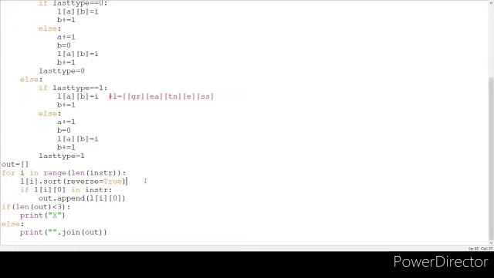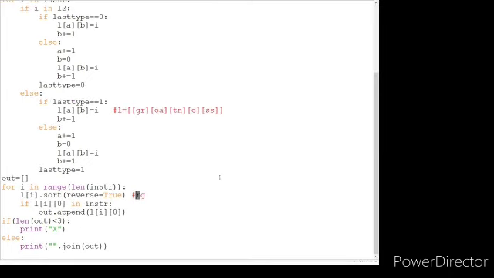After this iteration, the list GR will become RG, right? After that, we are appending the first character in this list, that is R. Check one more condition, that is, L of I of 0 dot isalpha.